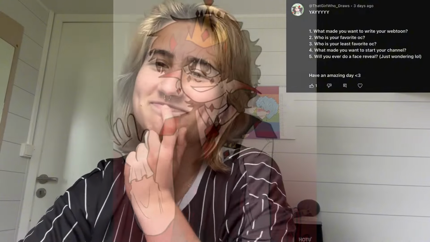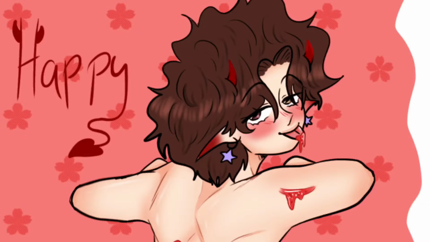Who is your favorite OC? I don't like saying this one's my favorite, this one isn't, because I like them all. I created them all for a reason. Maybe some are just there for the place, but I like them all. My favorite though is Sivu, the main character, and also Gabe, the main character. I put a little sprinkle of myself into Sivu and Gabe, so I like them the most because they come really close to who I am as a person.